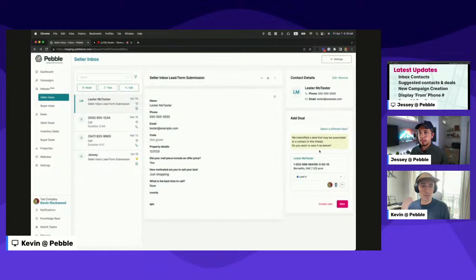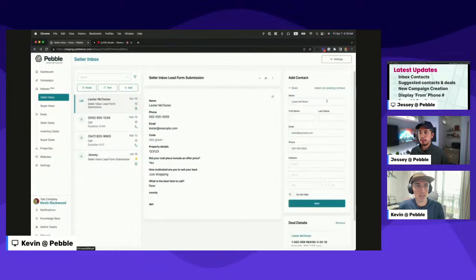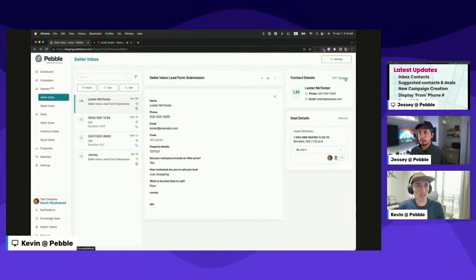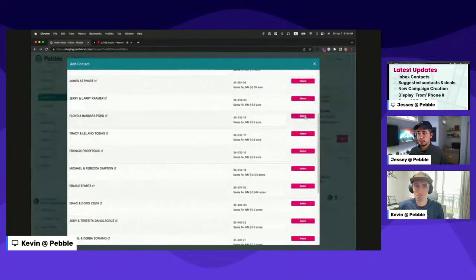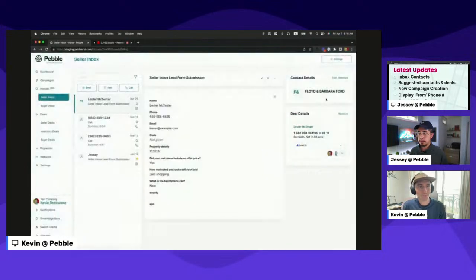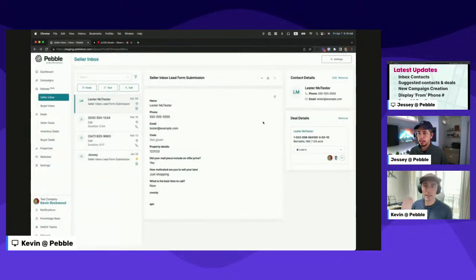Similarly, we'll do that same thing if there's a deal that exists that's already associated with this contact, and then you can do the same here. You can just click save, and now we've got those deal details there as well. You can always edit or remove the contact here just by clicking edit. You can remove the contact and select a different one if you'd like. So I can select somebody else here by searching them, and we have that as well. So that's the new contact details that are